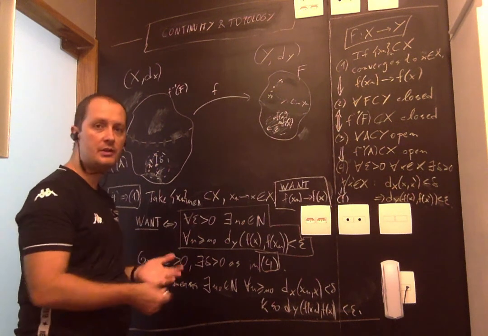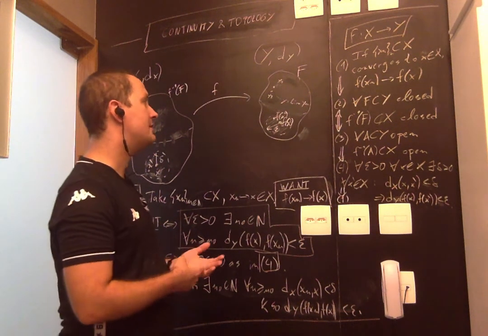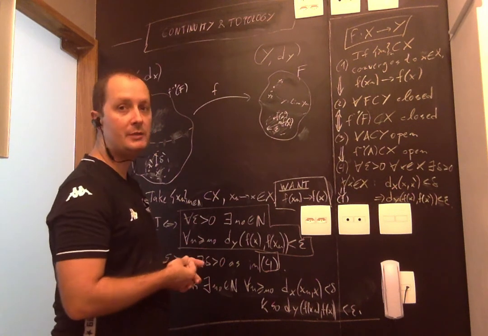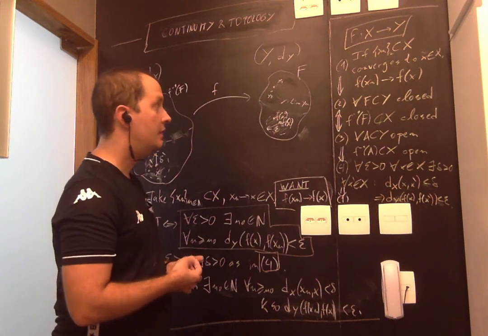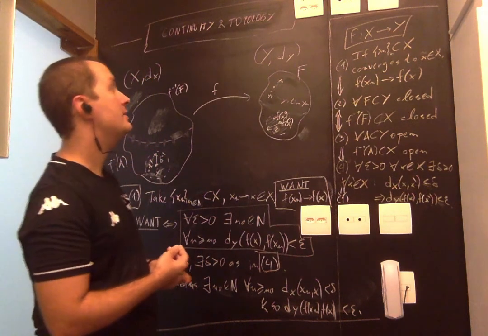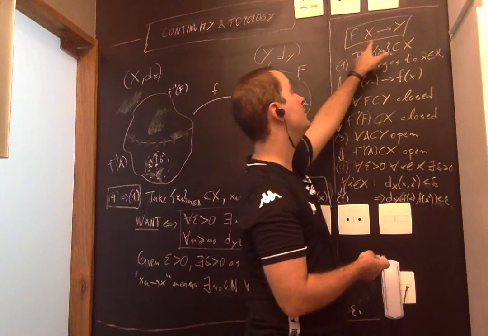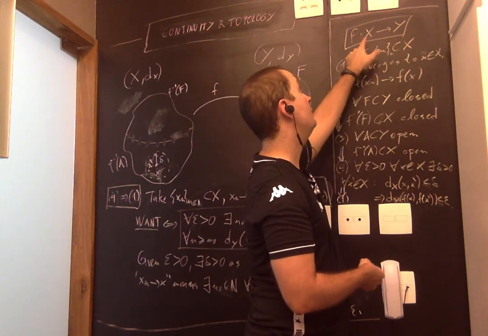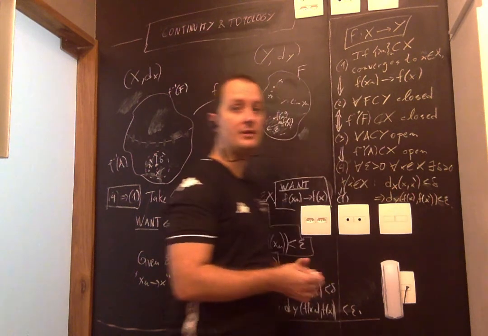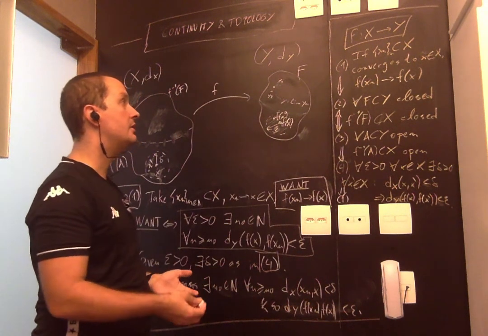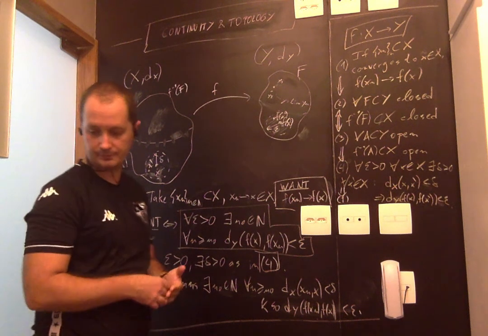Before we move on to other subjects, mostly compact sets and connected sets, we're going to stop a little bit and talk about induced topology. The main point is this. Here I told you what a continuous function is if the domain of the function is X. What if the domain of the function is a subset of X? That's something we consider in our definitions, and induced topology is going to help us deal with that.